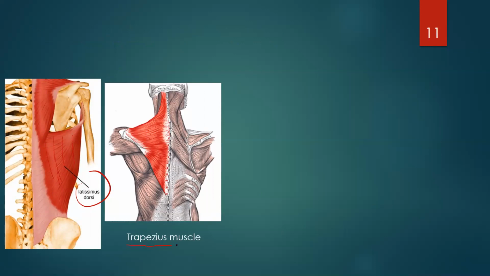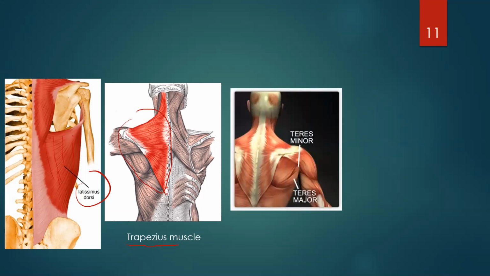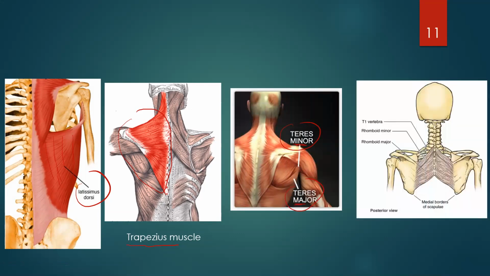This trapezius muscle is on the superior side of your back. Its shape is like a trapezoid. Teres muscles are circular. So teres means round or circular. So these are your teres minor and major. And we see minor means smaller muscle and major means the larger of a group of muscles.